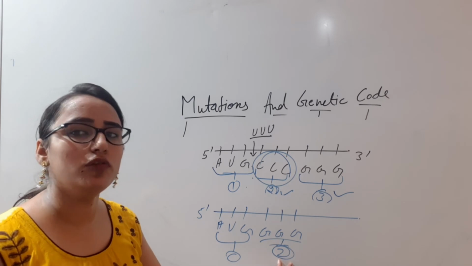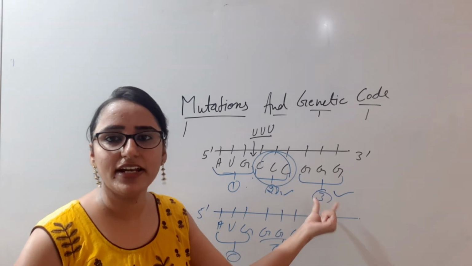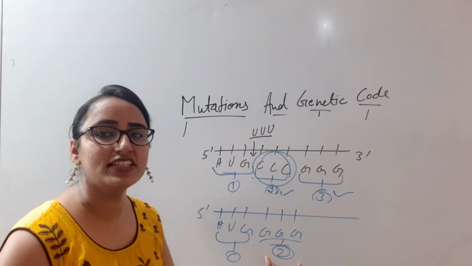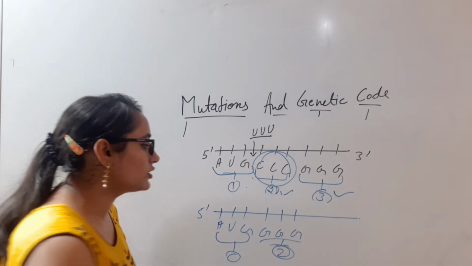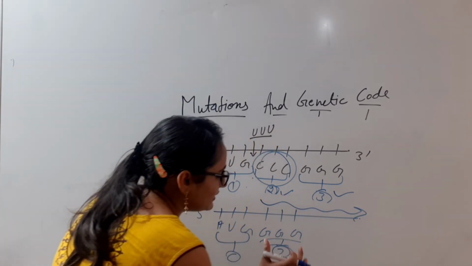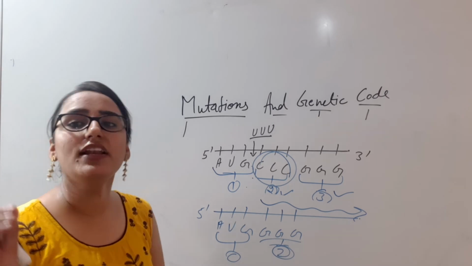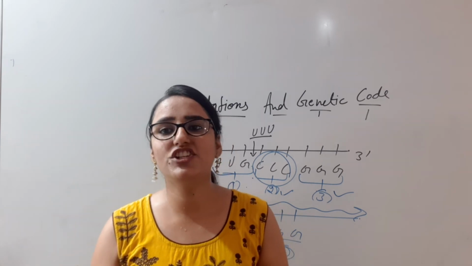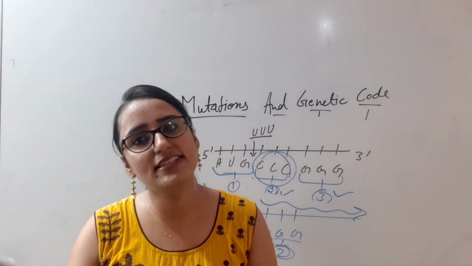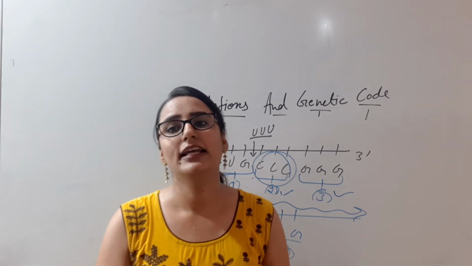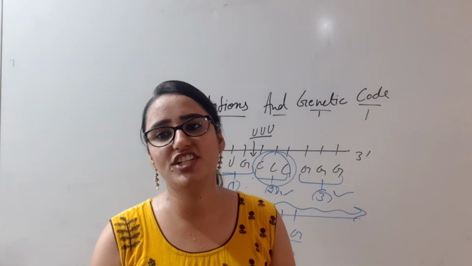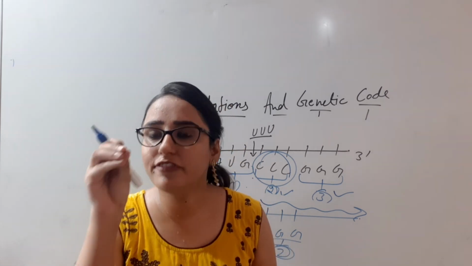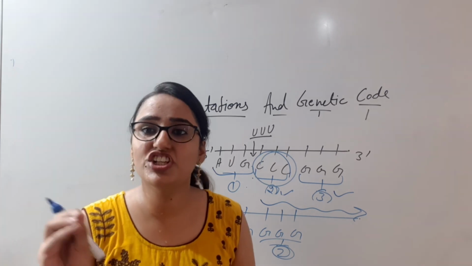See, the second codon will be the same as the third codon of the unmodified RNA. So this GGG will code for a particular amino acid. Here also this GGG will code for a particular amino acid. So downstream of this GGG, the amino acid sequence will remain the same. So downstream of the insertion or the deletion, the amino acid sequence, or the frame, will remain the same. But if one or two nucleotides get changed, there is no particular amino acid which will be added. Instead, there is a change in the reading frame.